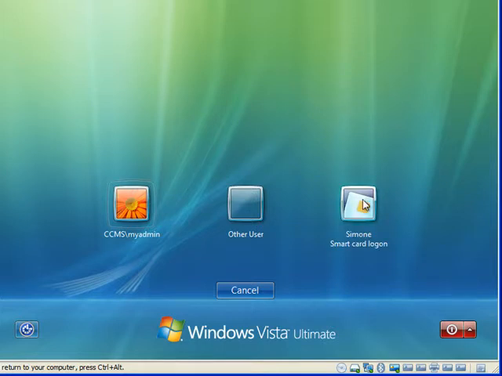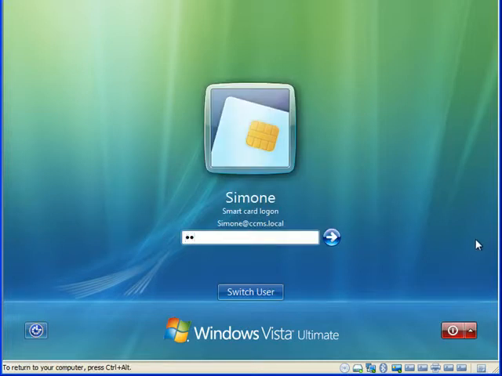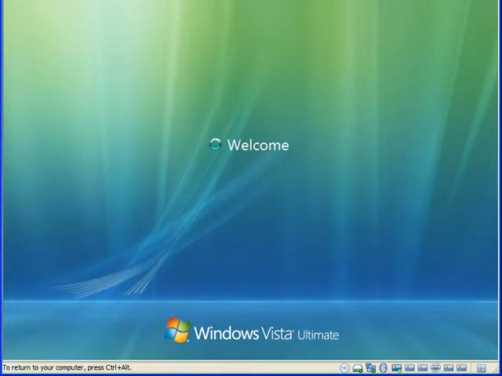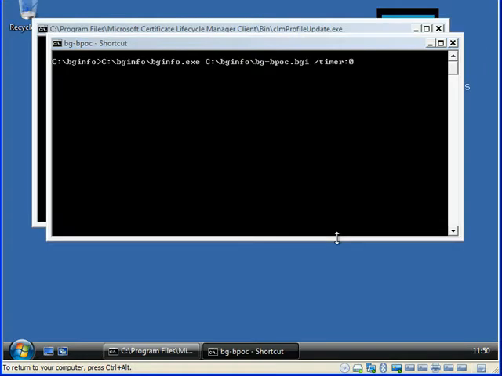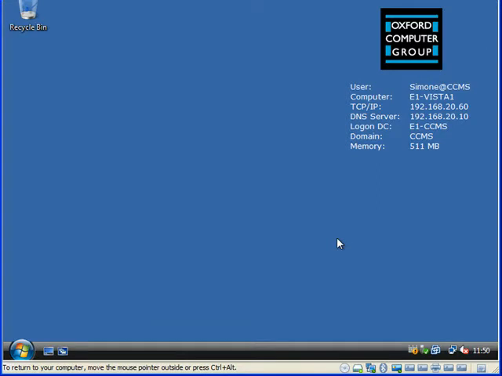Windows Vista has detected that it's read Simone's information from the digital certificate, and we're going to log on to Vista as Simone. So what's going to happen now is this account has already been prepared for emergency password authentication. So once Simone is logged on, the logon script is going to run. It's going to connect to the web service over HTTPS, and it's going to generate the new emergency password, and at the same time it's going to inject that emergency password into the credential cache on this Windows Vista machine. So I'm going to log out of Vista,